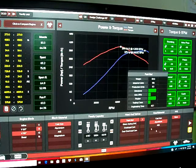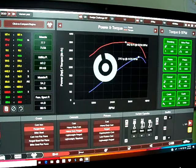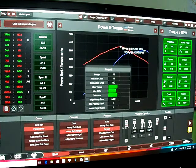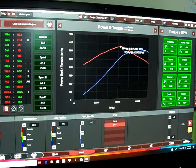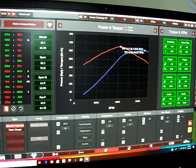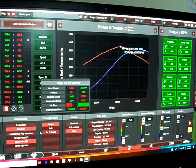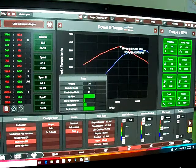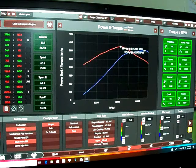Pushrod V8, forged steel on the crank, heavy duty forged on the connecting rods, forged on the pistons. 10.1 compression ratio, and 55 cam profile, VVT, plus 2 quality on that. Naturally aspirated. Fuel injection, which is multi-port. Single and a race intake, and it gets 375 horsepower with